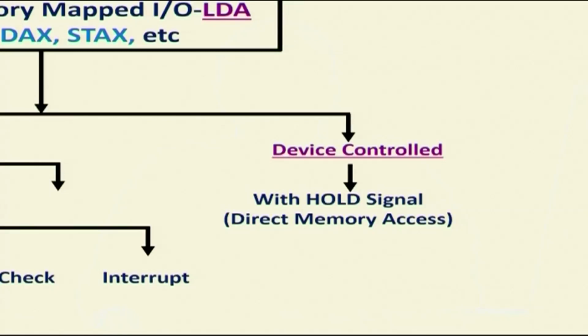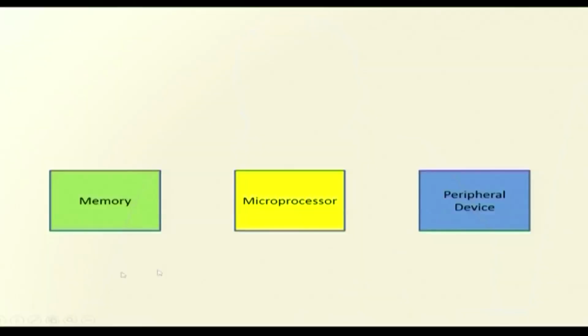During every transmission, the counter value in the DMA controller is decreased by 1. At the value of 0, it represents that the data transmission is over. Now, it deactivates the hold signal. It represents that the DMA operation is over. The DMA controller releases the control of the bus. The microprocessor again gets the control of the bus. The same thing is explained with a small animation.